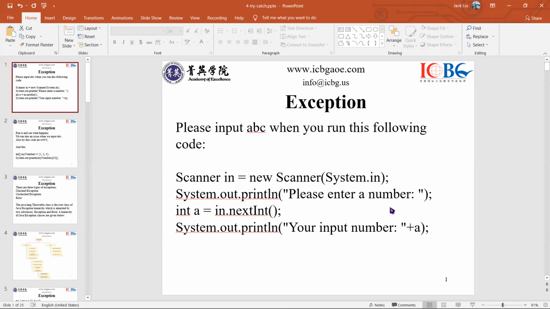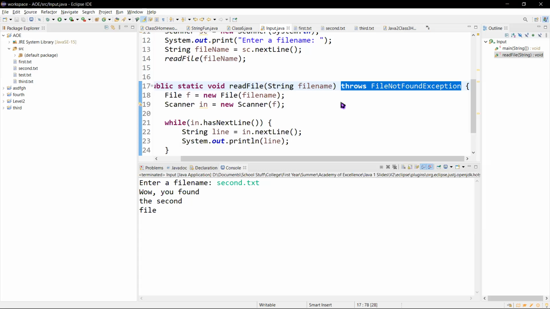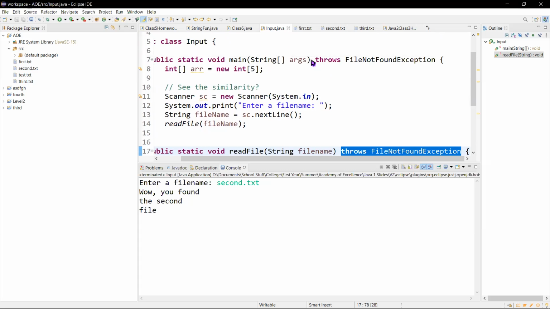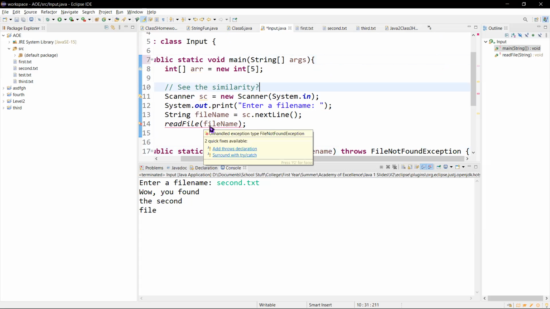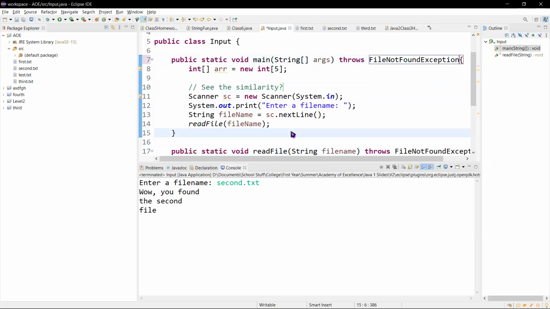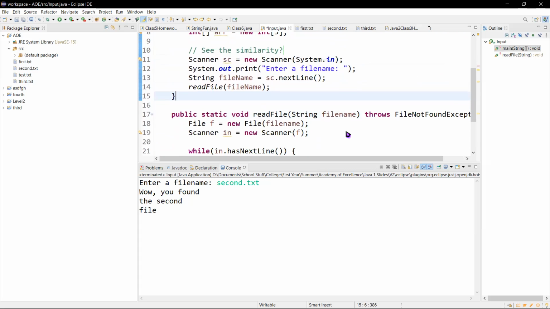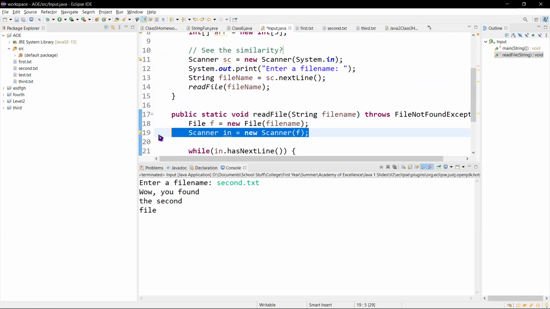When I type readFileName, it says error and forces me to add throws FileNotFoundException. Yep, that's exactly right, Marilyn. So if you notice, I had to add this throws FileNotFoundException to my main. If I delete this, this is probably the same error that you're getting: unhandled exception, add throws declaration. Again, this is because, taking along this chain, this line of code, for me line 19, when I'm creating this scanner using this file,